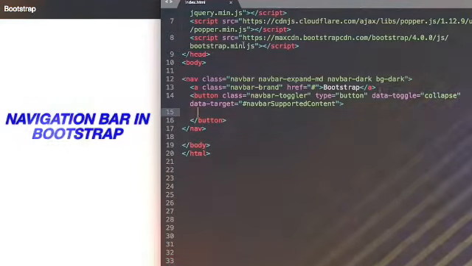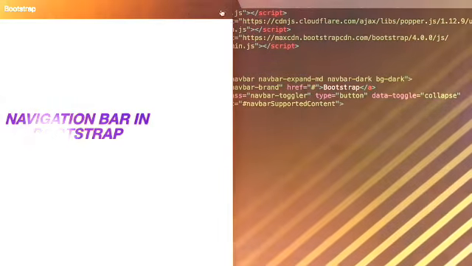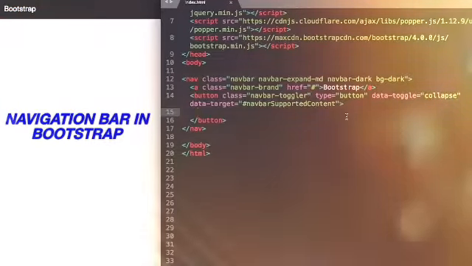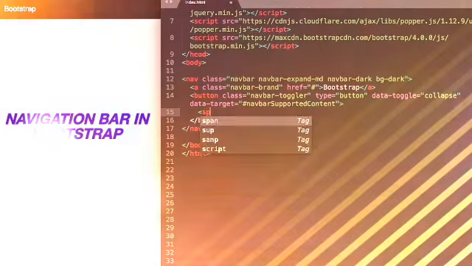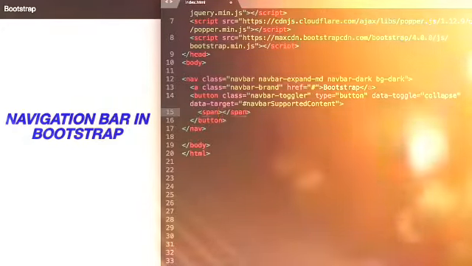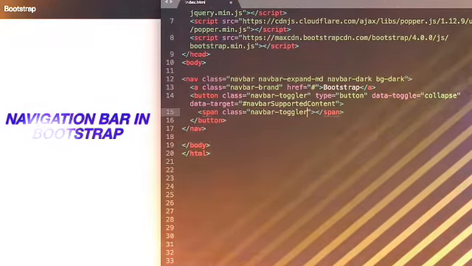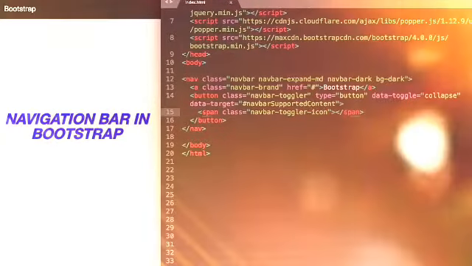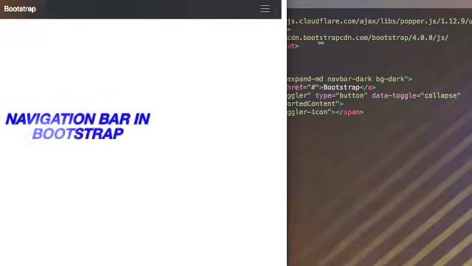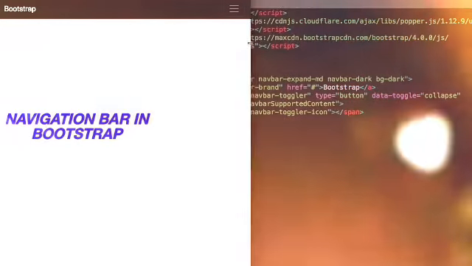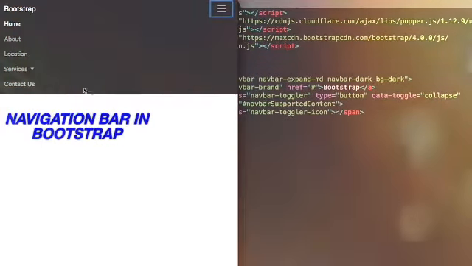Okay, so now if we take a look at it, we have the start to our collapsing navigation drop-down button, but we don't have the icon inside of it. So we'll add a span class here, and we'll call it navbar-toggler-icon, and that will add our hamburger icon that we see here. Okay, so if we expand, we don't have any unordered list yet,